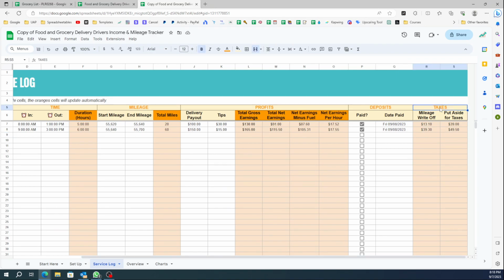And then here is the write-off for your taxes for the mileage, right? It's calculating based on how much you drove and then times that 65 cents. So this is what you can write off your tax, and this is the actual money that you have to